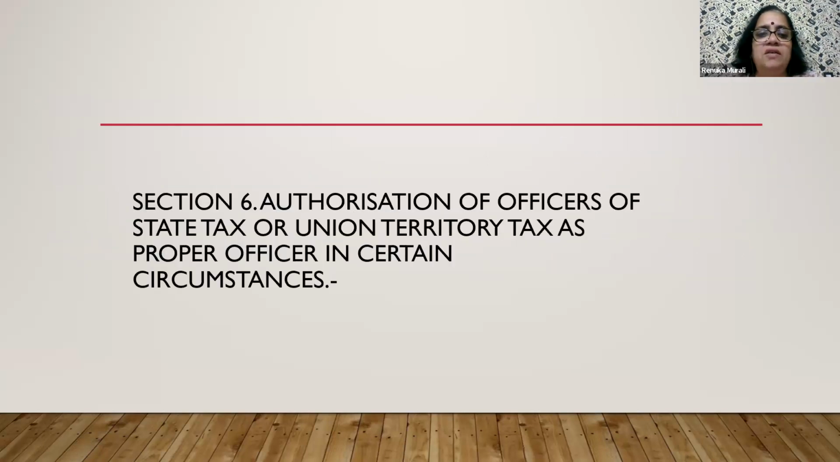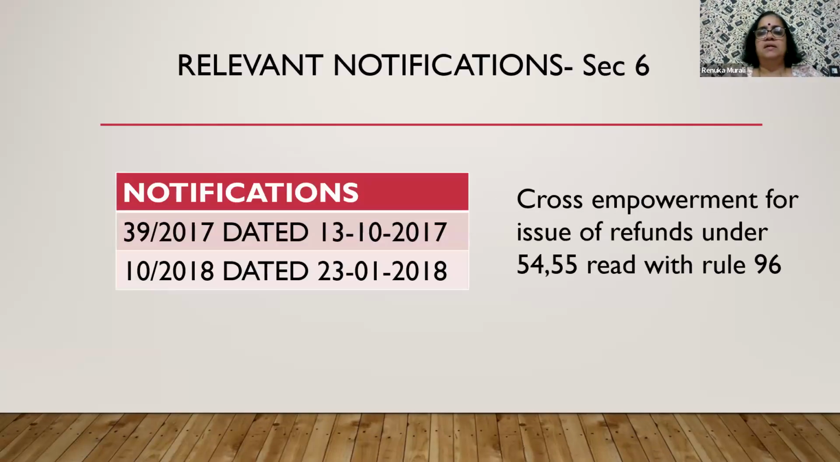Section 6: authorization of officers of state tax or union territory tax as proper officer in certain circumstances. In fact, I was so intrigued by Section 6 compared to Section 5, where I didn't have much to discuss, because those are predetermined parameters of who the proper officer was and what powers he has. Now, the relevant notification pertaining to Section 6 is